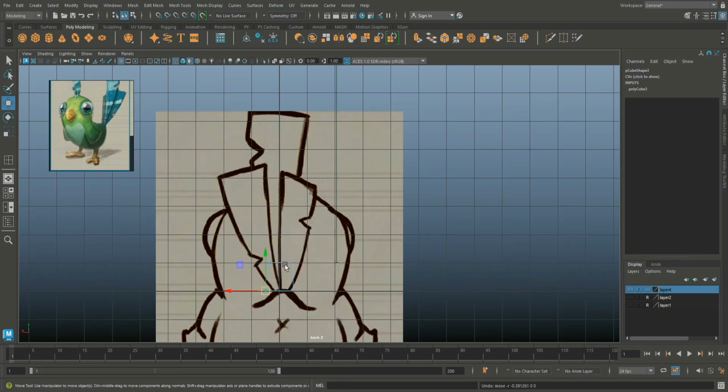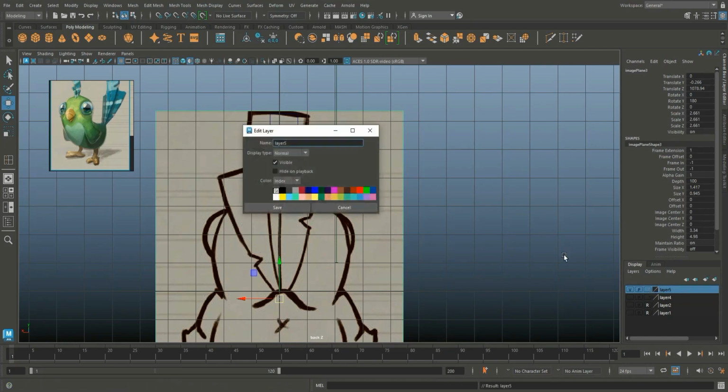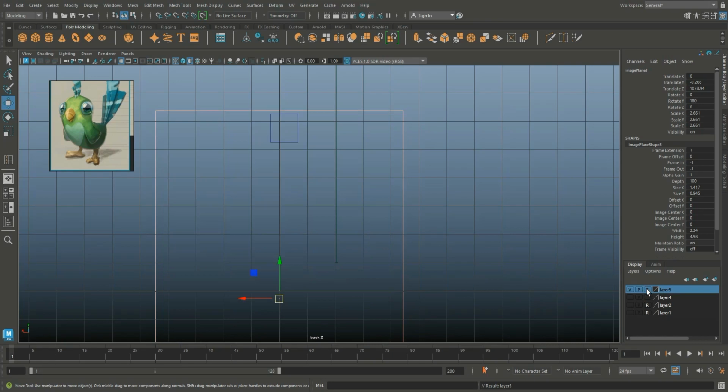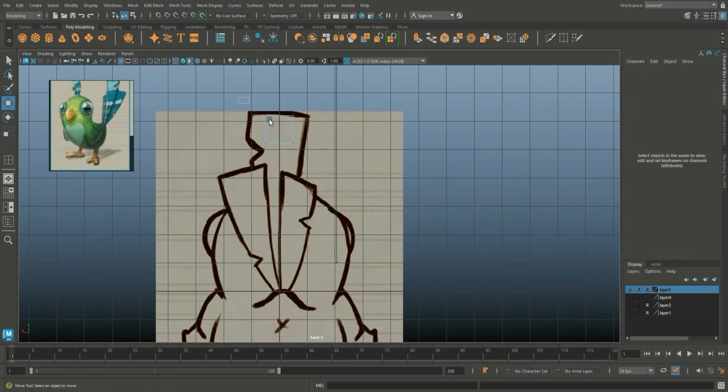So we are going to start with the middle one, and I'm adding this image in a layer, so accidentally I don't click on the image while working on an object. So I have taken a cube here and am trying to match it with my reference image, and now I'm going to add